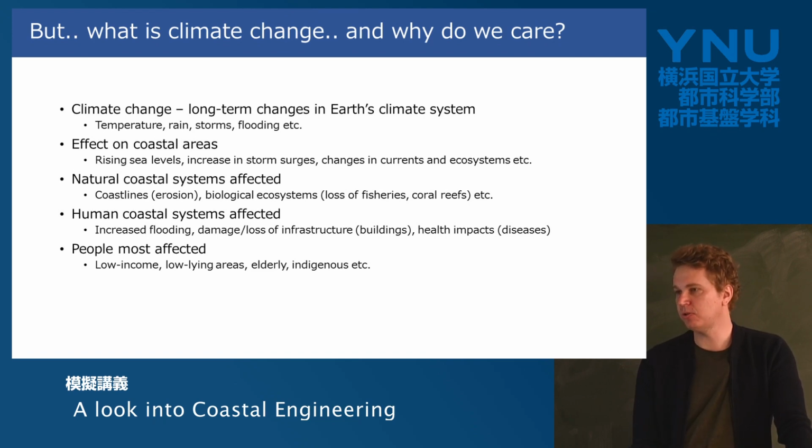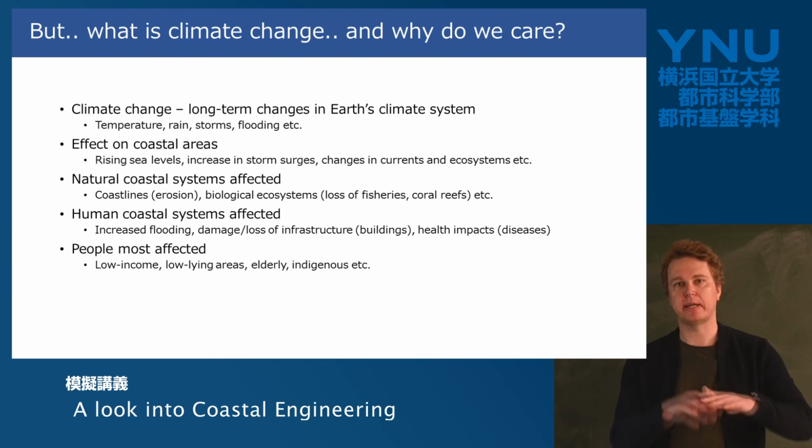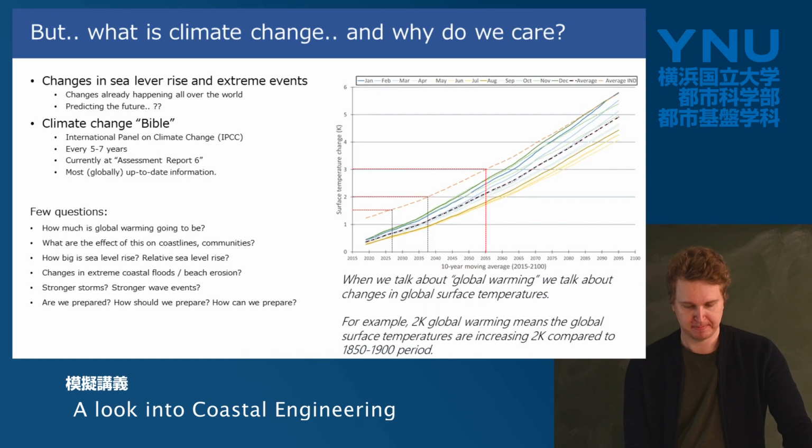systems. And usually the people who are most affected by this are low-income communities, for instance, or nations, and especially in low-lying areas. So in a lot of the tropics, for instance, like the deltas and coastlines and smaller islands, they are very low-lying and flat. And these are the areas that are most affected by these climate change effects. So, a lot of things are already happening, and a lot of the things we're already seeing. And in some places we call them climate refugees, for instance, from the rising sea levels.